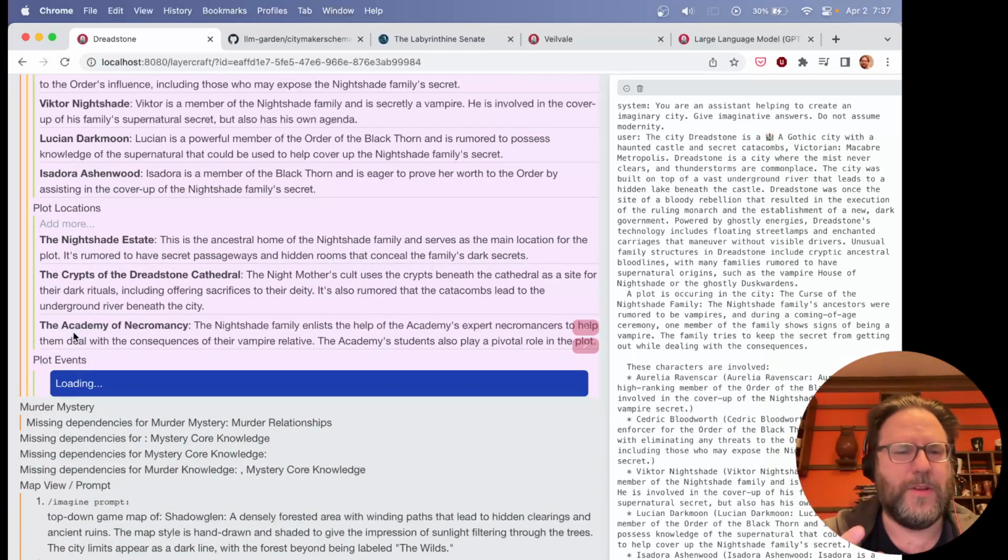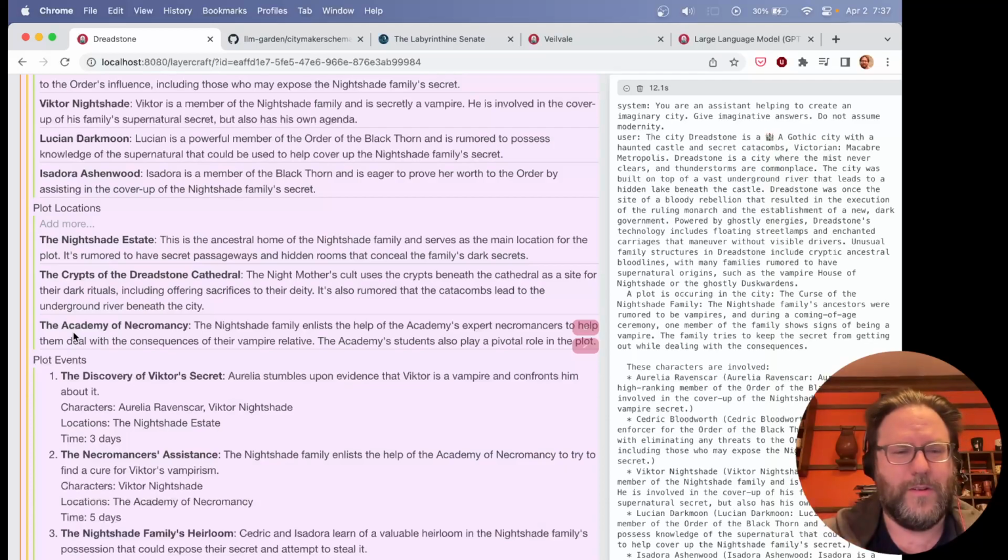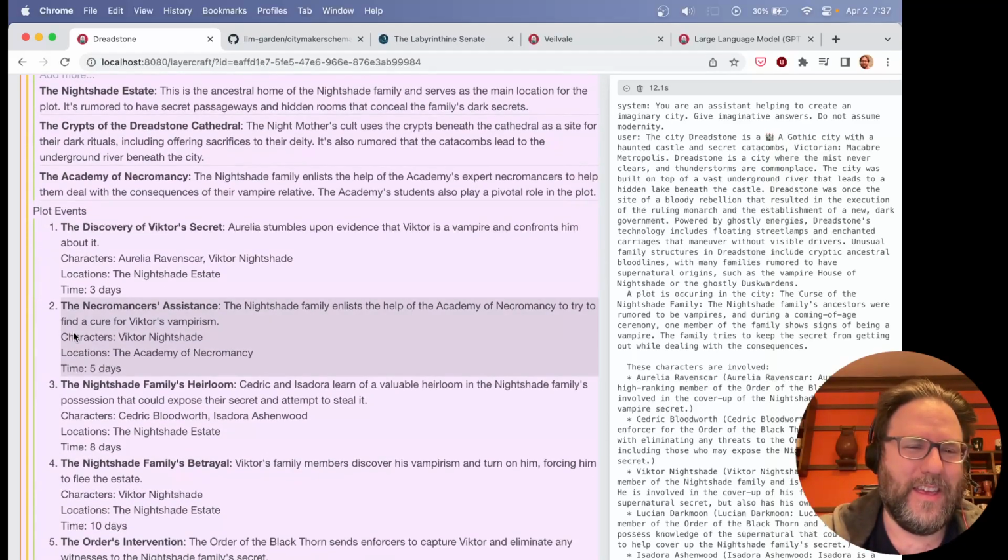Again, it gives GPT a smaller set. Here's what's happening, and here are the actual characters that are involved, especially if you have like 100 characters, which is not unreasonable at all. I think I have 300 characters in Veil. So get yourself a few characters, get yourself a few buildings, and then you have this opportunity to just have the events.